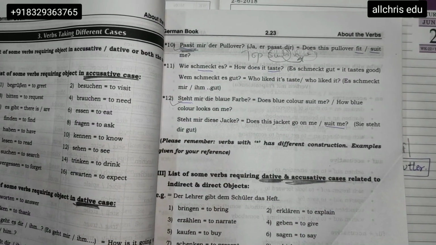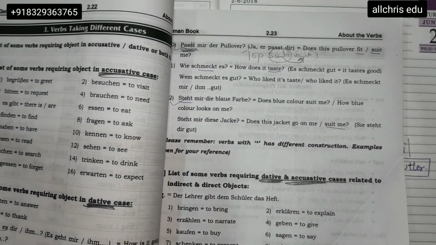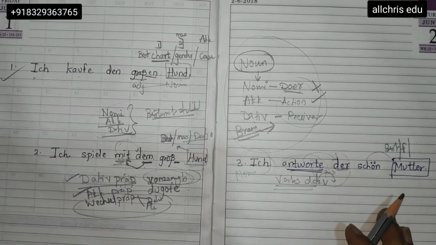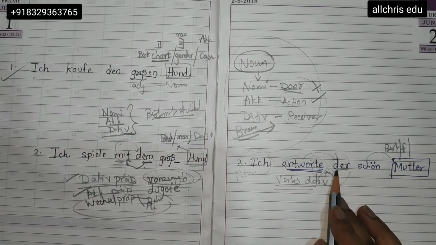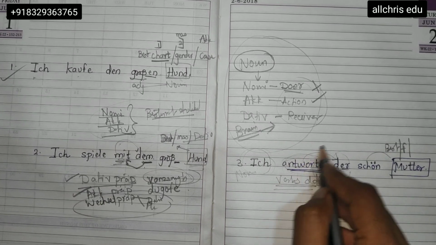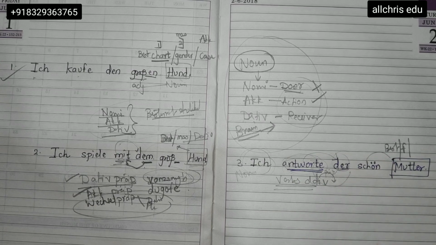These are a few verbs which you can note down and keep, after which normally the thing is in the dative case. Here you don't have to find out whether they are doing any action, or whether an action is happening on them, or whether they are the receiver in any form. You just have to see that these are dative verbs. After that the thing will be dative only. So this concept also you have to keep in your mind.